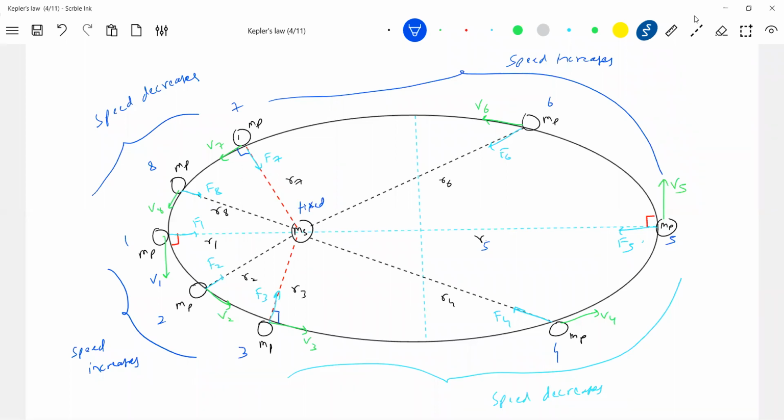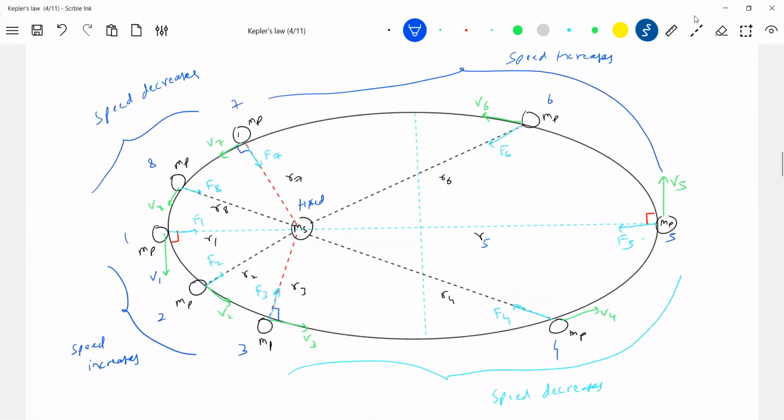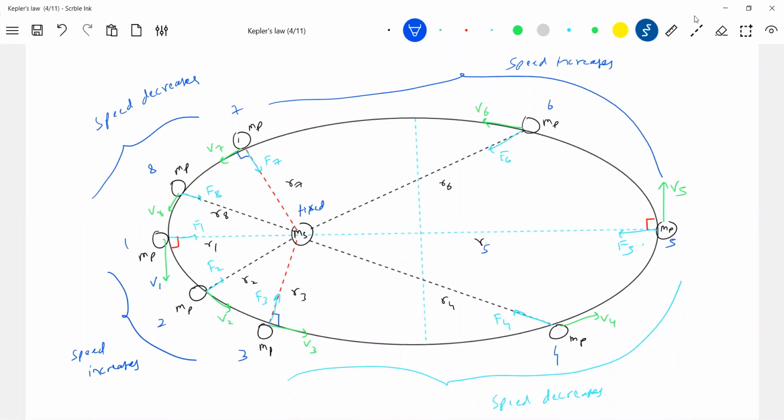I can apply conservation of energy between any 2 points. Can I write a formula like this? Very next question. minus G Ms Mp / R1 plus half mass of planet V1 square is equal to minus G Ms Mp / R5, the distance from the sun to the planet, interaction potential, plus half mass of planet V5 square. Between any 2 points, I'm showing only this one. Between any 2 points, you can apply conservation of mechanical energy. So as the gravitational force is a conservative force, I can go for conservation of mechanical energy.